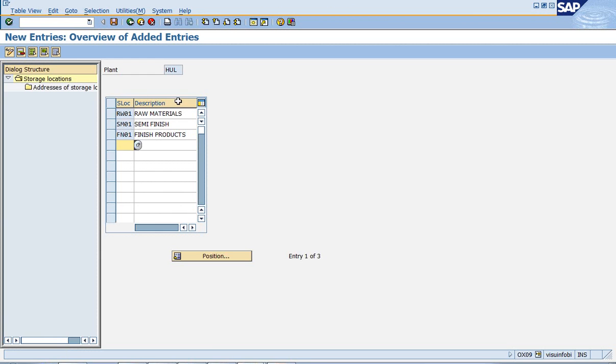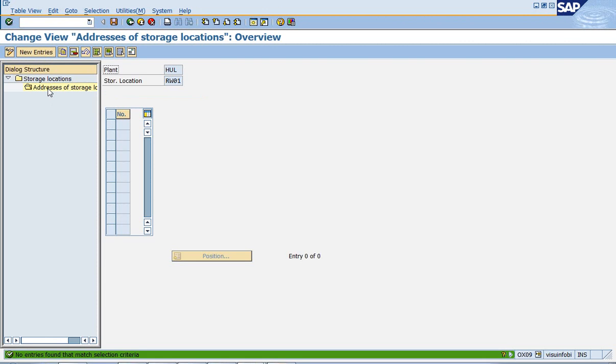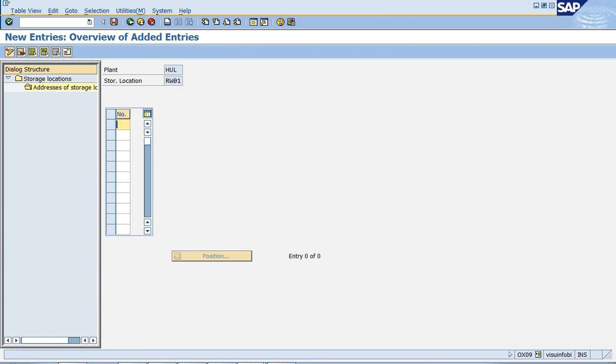So for each and every storage location, if you want to maintain any kind of address, you can maintain it by selecting it, click on the addresses of storage location. New entries, number 1 or 10.